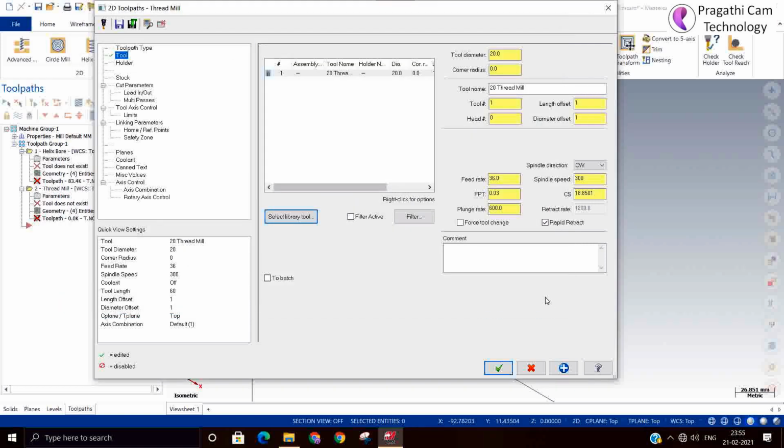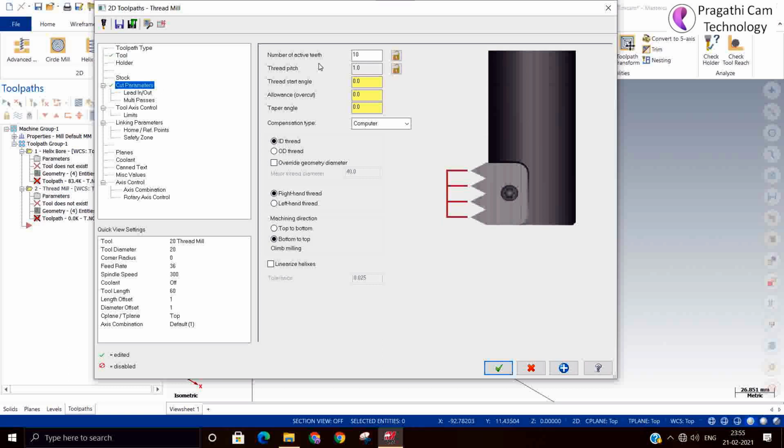Now the tool is available. The feed per tooth is nothing but your pitch. So I have given one here. You can see that based on the pitch, your spindle speed will change, and the feed rate also will change. Here you can give the pitch directly, it has been taken.